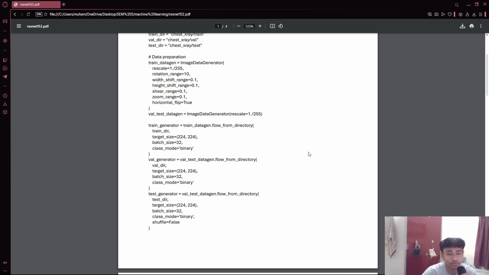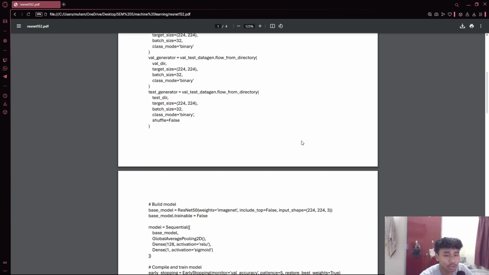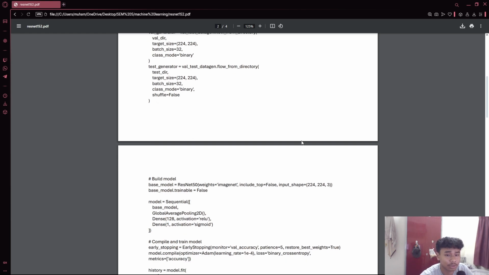So we initially freeze the ResNet 152 layers to retain their pre-trained features while training the added layers. The model is compiled using the Adam optimizer for adaptive learning rates, binary cross-entropy as the loss function, and accuracy as the primary evaluation metric. Early stopping monitors validation accuracy and halts training if there's no improvement for 5 epochs, saving time and preventing